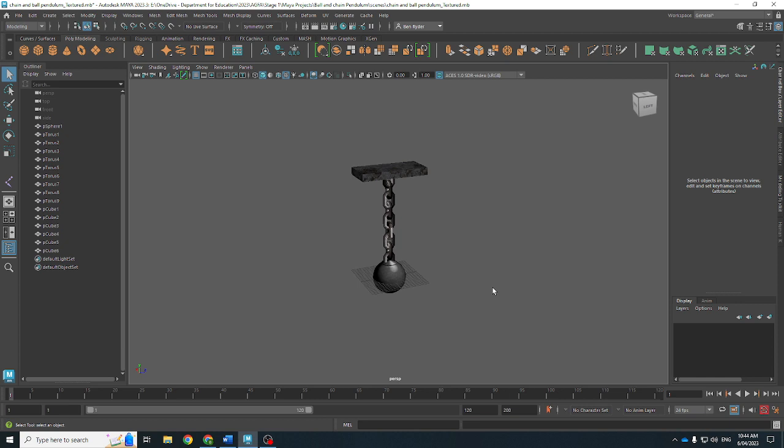Okay, so we'll have a look a little bit later at simulations, but for now we're just going to use the traditional method that we've been looking at for the chest, where we rig up our ball and chain and get it all working. So the first few things I'm going to do is I'm going to have to make